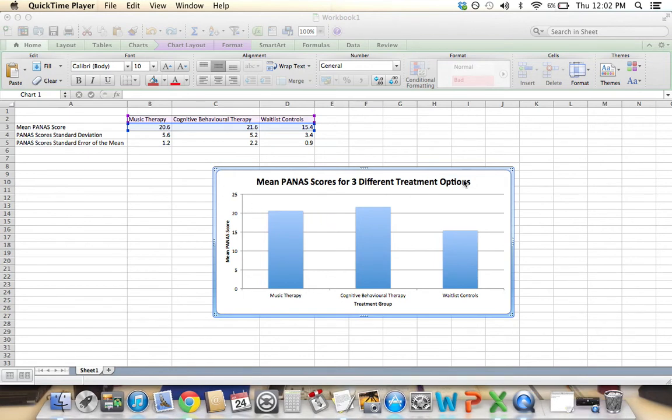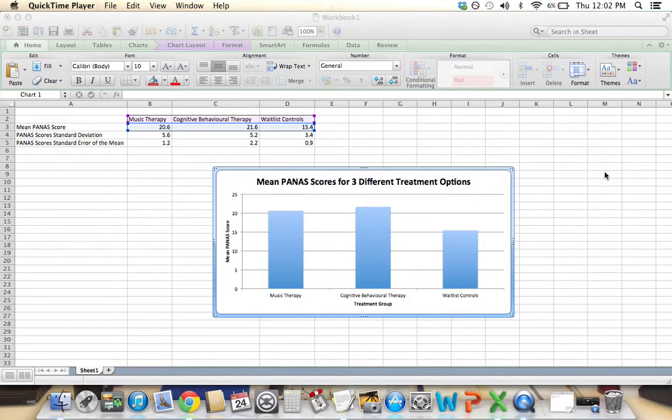Alright, so now that we know how to make a basic bar graph, there are a few extra fancy things you can sometimes do to make your bar graph contain a little bit more information. And you probably won't need to do this for introductory courses, but there may be a time during your psychology student career in which you will have to make bar graphs that show some kind of information about the variability